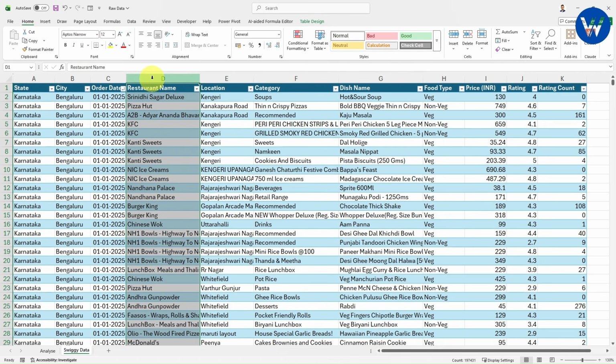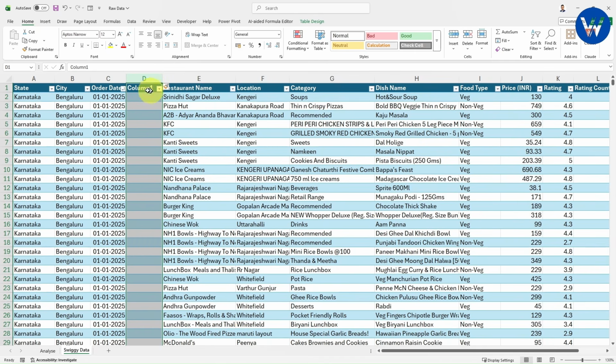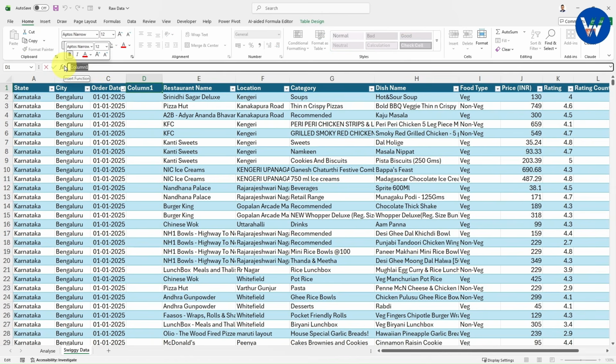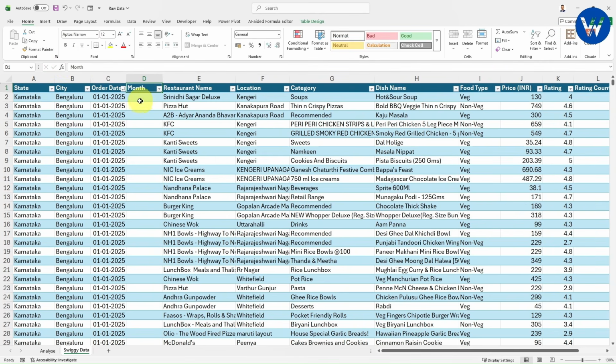It is very simple, just press Ctrl+ on the keyboard, and a new column will be inserted, right? Now I will change the column name. Instead of column 1, I will give the column name as month. Here I will be using one formula, equal to TEXT. This is the TEXT formula which I am using. Press tab on the keyboard. Now you need to select the value.